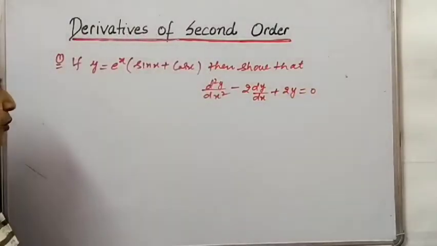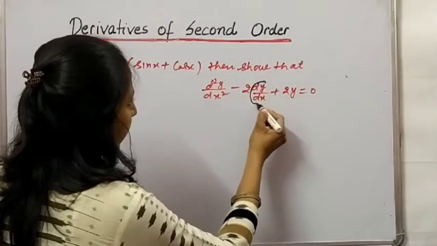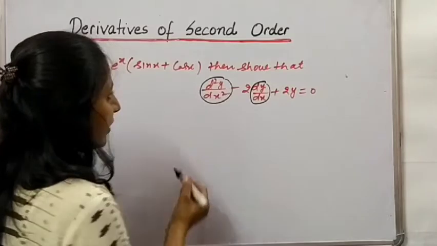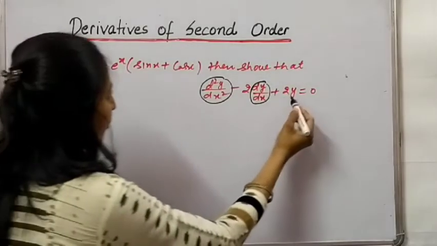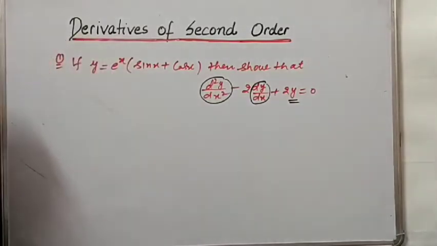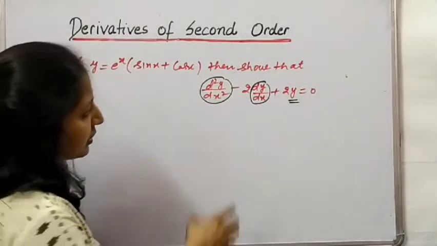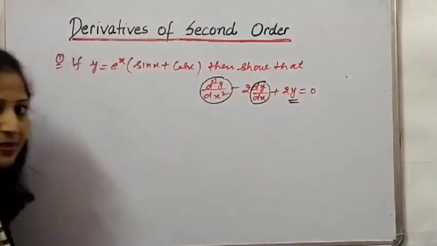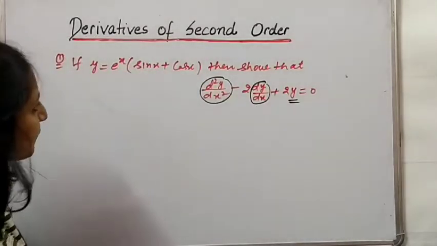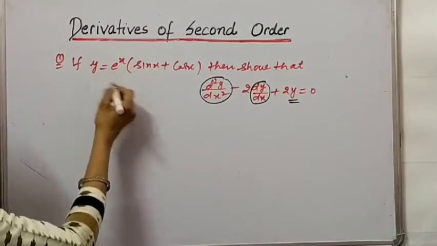Okay, so the same procedure will be followed in this question. That is, first of all, our requirements are the values of dy by dx and d2y upon dx square. So first of all we will find dy by dx, then d2y upon dx square, and the value of y is already given. After finding all the values we will substitute all these in the left hand side, and after solving we will prove this whole expression is equal to 0. So let us start. First of all we will find the value of dy by dx.